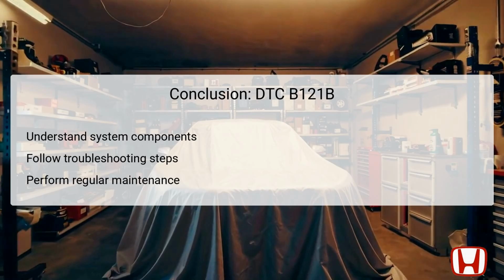By following the prescribed troubleshooting steps carefully and systematically, technicians can effectively diagnose and resolve the faults, ensuring optimal system performance. Lastly, implementing regular maintenance practices stands as a key preventive measure to avoid future occurrences of such faults, leading to improved reliability and driver